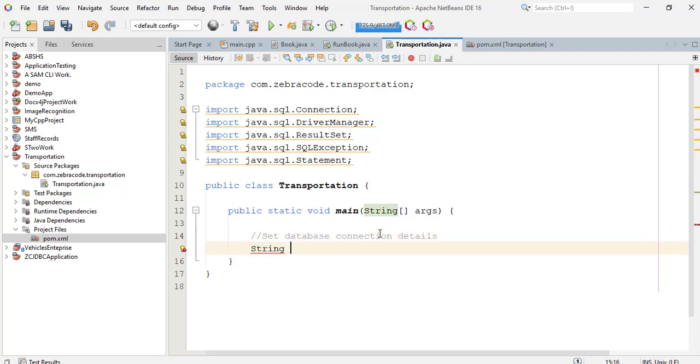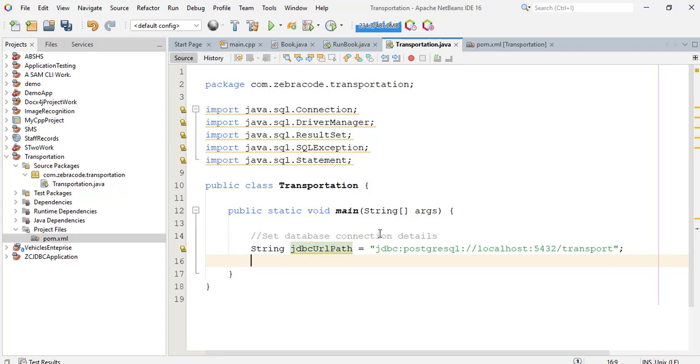String jdbc URL path equals double quotes jdbc colon Postgres SQL colon / localhost colon 5432, which is the port number for Postgres SQL / now the name of our database, transport, semicolon. Now for the username,